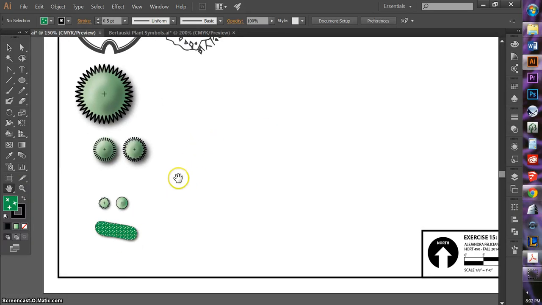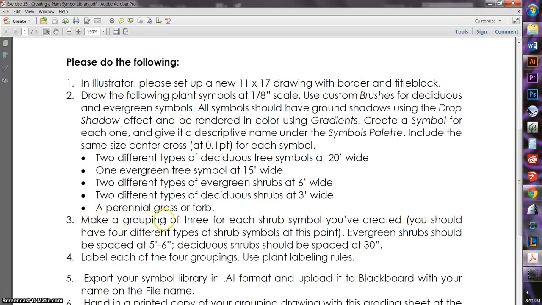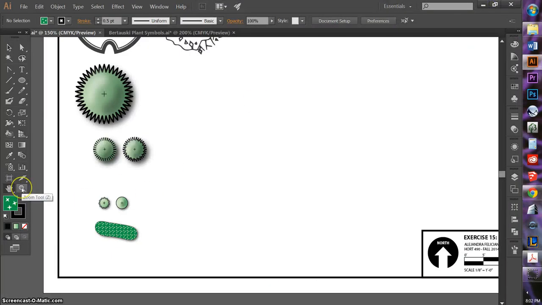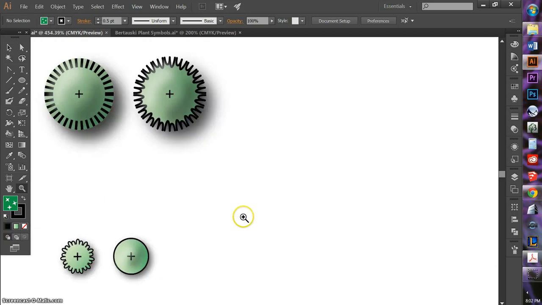So all that's left to do is to start creating the groupings of 3 for step 3. I have to make a grouping of 3 for each shrub symbol that's been created. So I'm just going to start with the easiest symbol. I'm going to zoom in here. The simplest symbol is this one, and the way that I would go about doing that is this